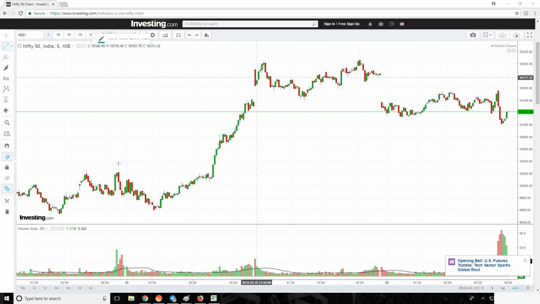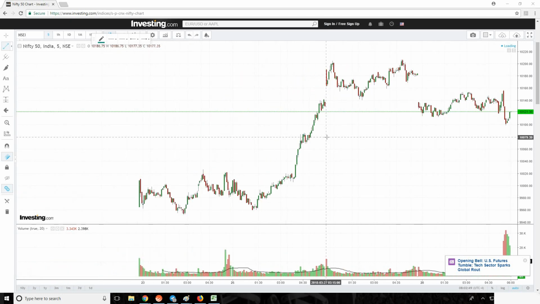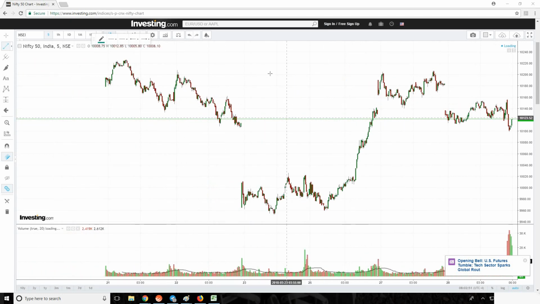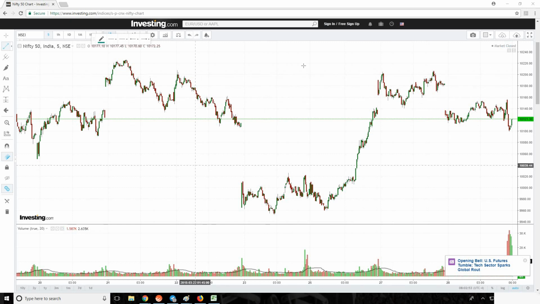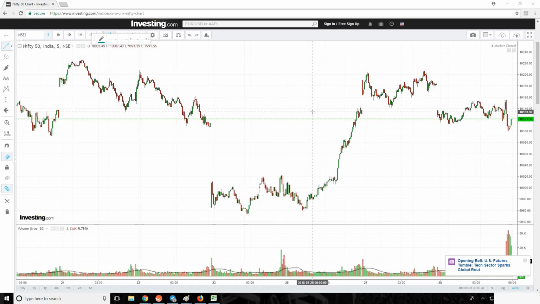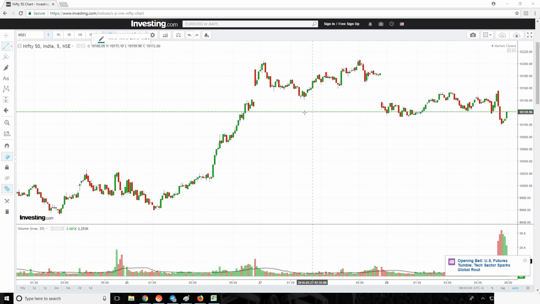This is the Nifty Spot 5-minute chart. As usual, we zoom out a bit and try to get the overall picture of the trend. As you can see, Nifty has been quite range bound since the past few days. Let's go back to yesterday's data. When I left off yesterday's video, I had mentioned that